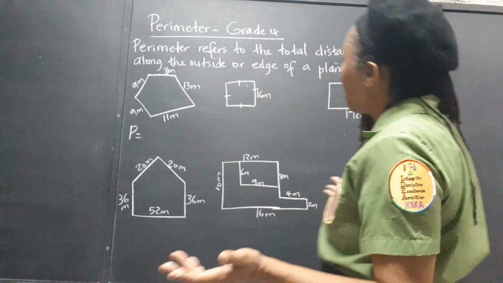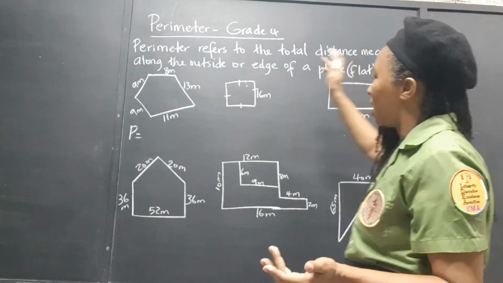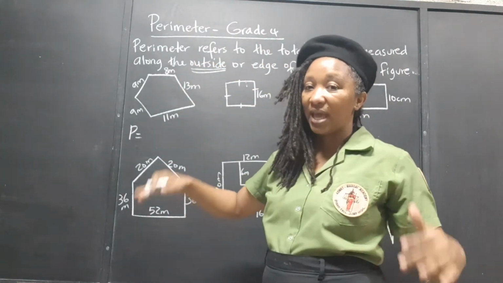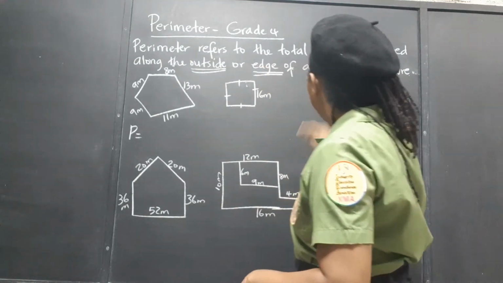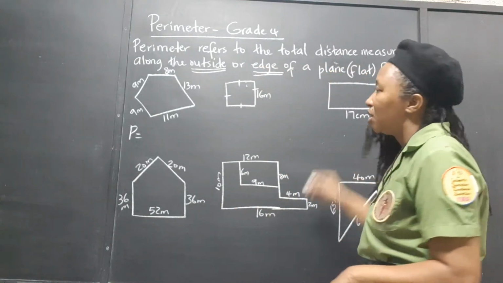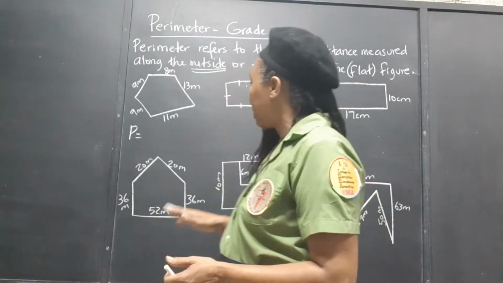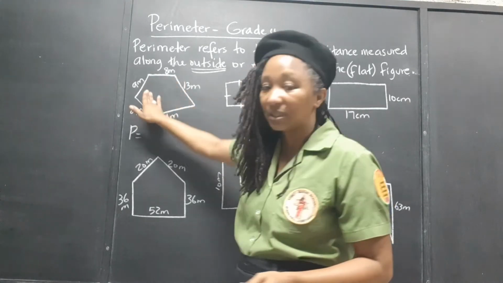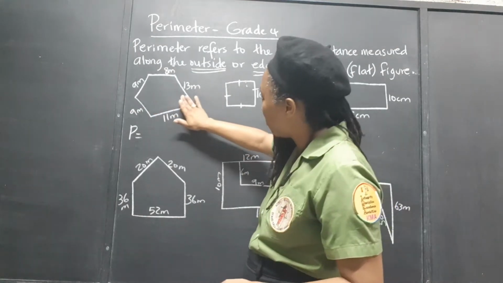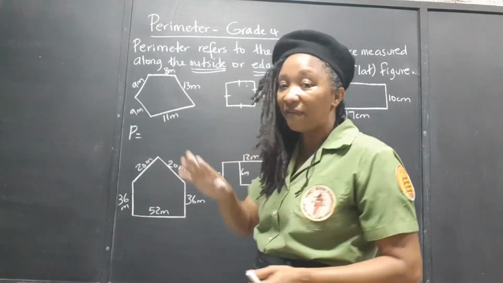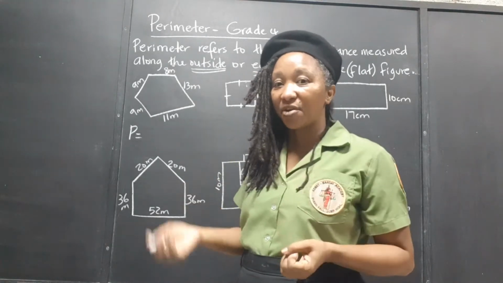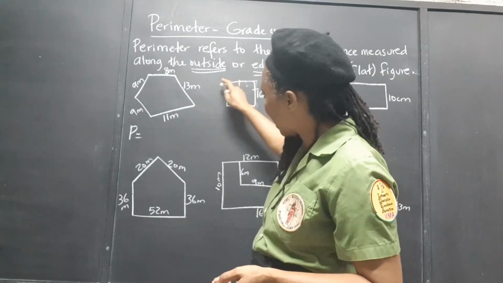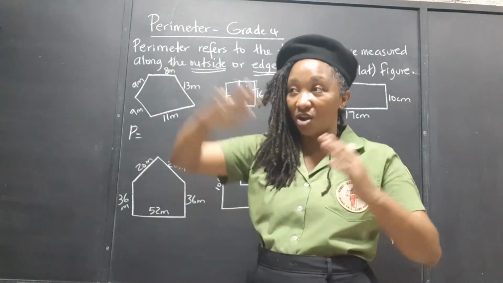What is perimeter? Perimeter refers to the total distance measured along the outside, the edge of a plane or flat figure. So whereas we said area was involved with all the space on the inside, all the space taken up on the inside of the flat figure, perimeter is concerned with the edge, the distance along the edge, the outside, the outer measurement all the way